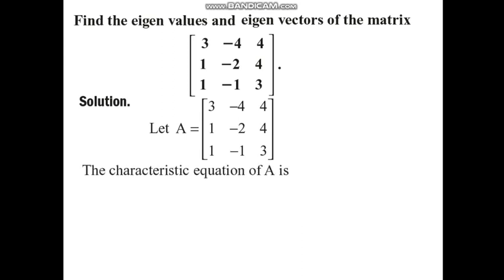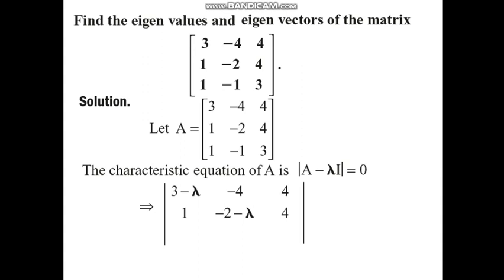The characteristic equation of the matrix A is determinant of A minus lambda I equals 0, which implies the determinant of the matrix with rows (3 - lambda, -4, 4), (1, -2 - lambda, 4), (1, -1, 3 - lambda) equals 0. It gives a cubic equation in terms of lambda, that is, lambda cubed - S1 lambda squared + S2 lambda - S3 = 0,